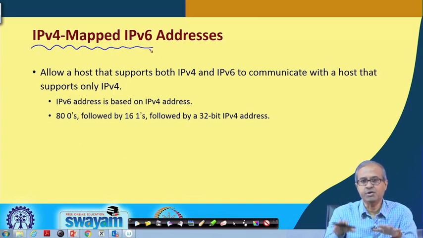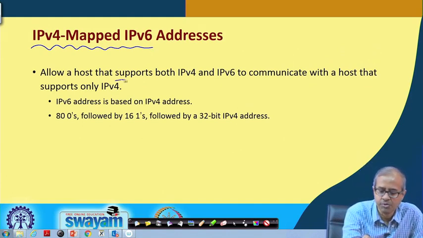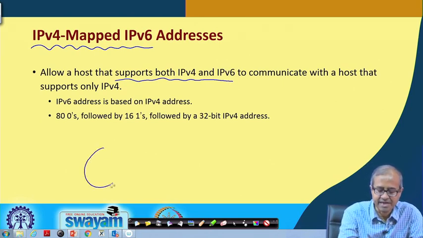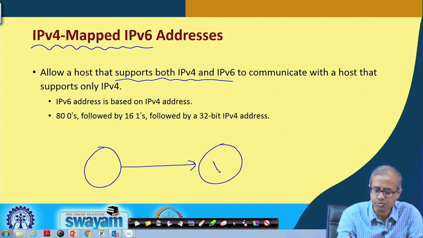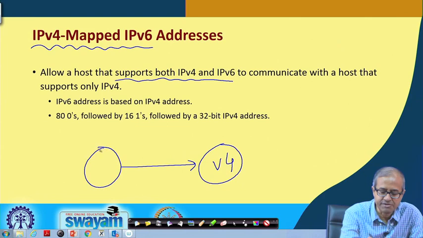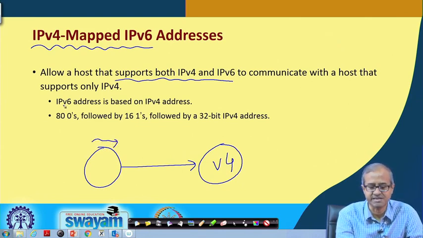This says within a host you install both IPv4 and IPv6 software. So, a host can support both IPv6 and IPv4, and that kind of a host wants to communicate with another host which supports only version 4. In that case, what is done? If the packet being produced is an IP version 6 packet with an IP version 6 address, then you generate